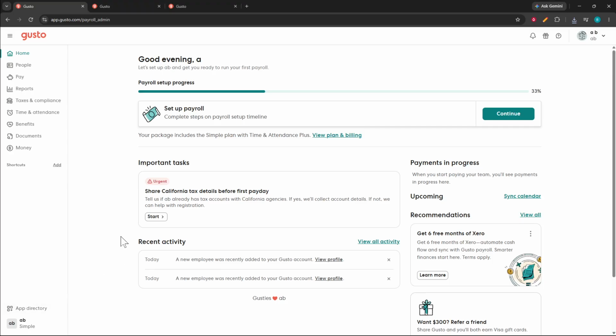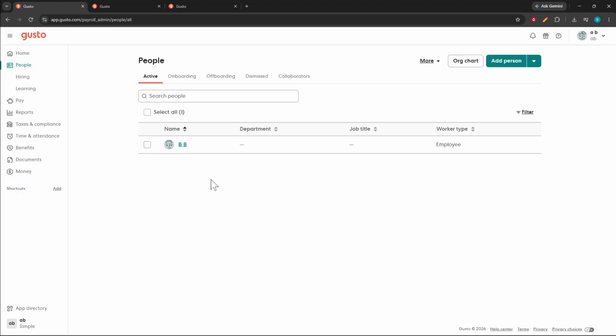This video walks you through how to change an employee's job title in Gusto. If you are already signed in to Gusto, begin from the main dashboard and look to the navigation menu on the left side of the screen. From there, click People. This opens the area where employee records are listed, so you can move into the profile